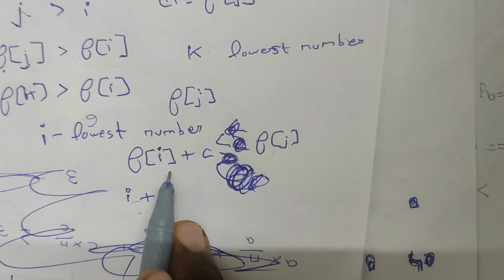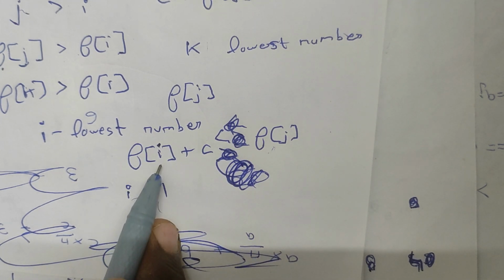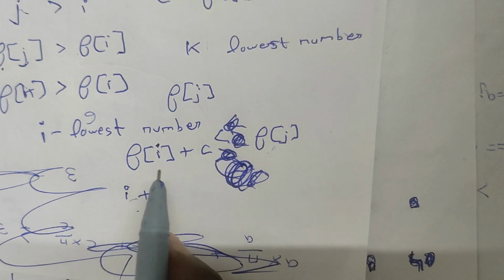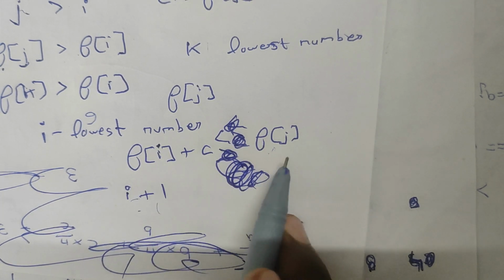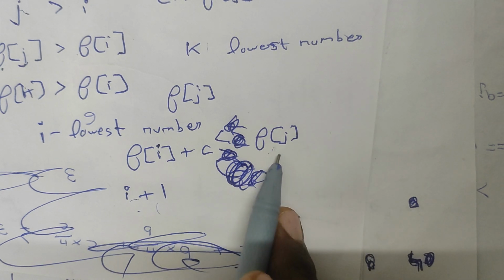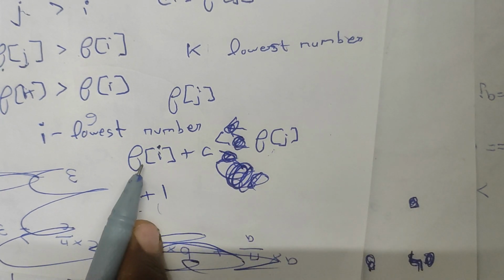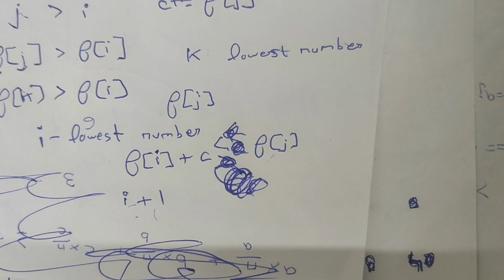After we remove f of j, we are 100% sure that the ith candidate will have the highest number of votes, because now the ith candidate is the candidate with the lowest number, right? Because we excluded all the candidates below i. So when we exclude the candidate j, the fans of this j will get added to i. So now i will surely have the highest number of votes. So this is the explanation for the problem.